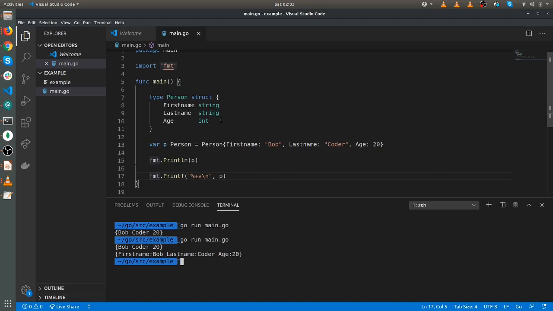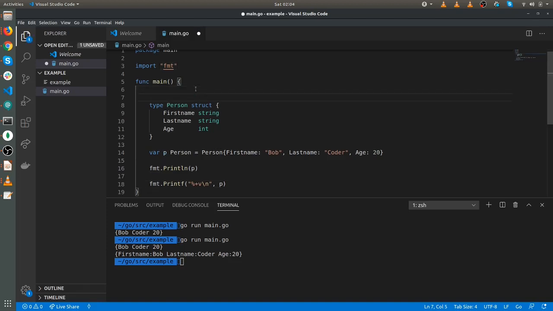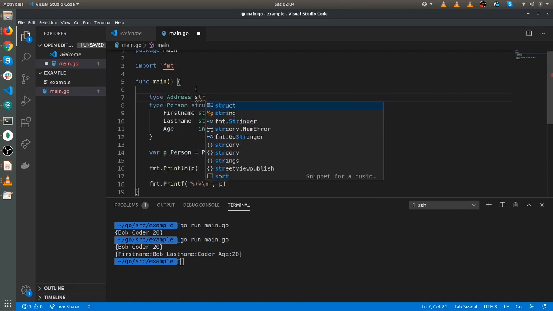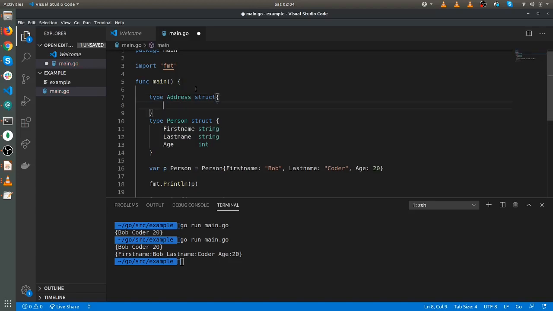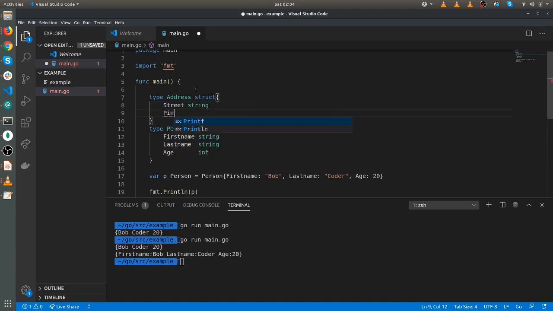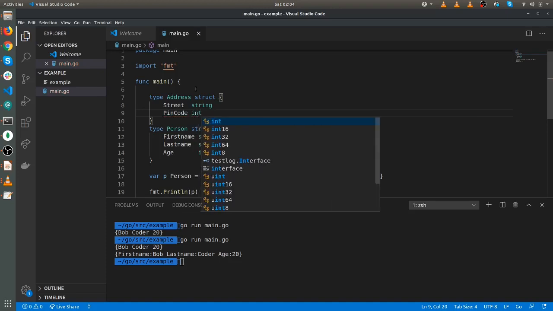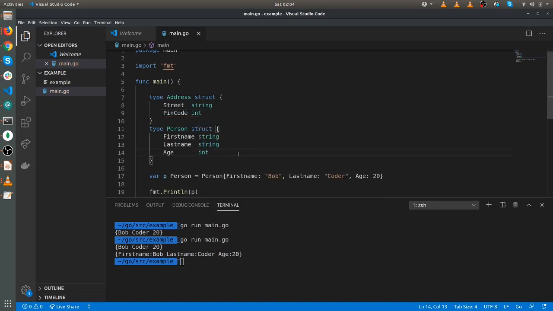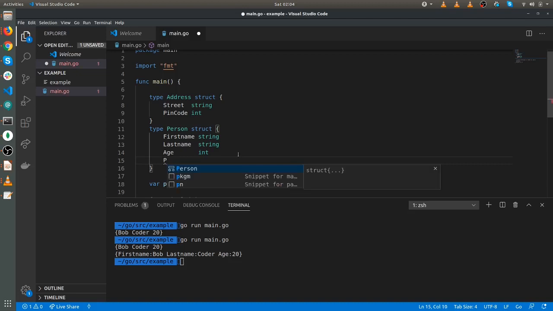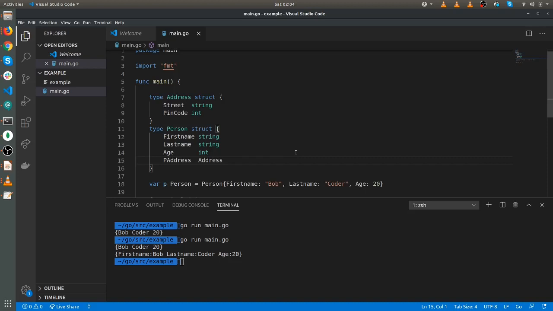We can also define a user type in the struct. Let's declare that. I'm taking an address struct: street of string type, pin code of int type, and here I am declaring the person's address of address type.